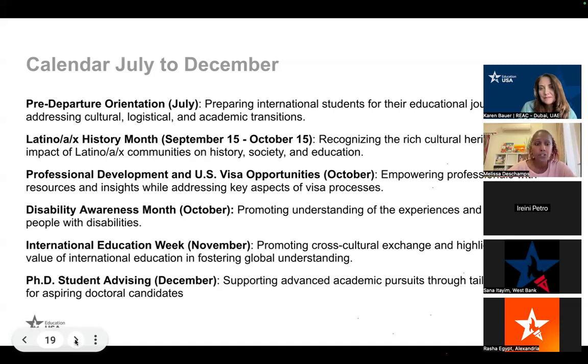But I want to mention for Disability Awareness Month, by the time of next October, one of the other projects that are ongoing for the MENA region right now, but that will cross over into South and Central Asia, is what we call point person projects, not the best name, but it's what we have for right now. Right now we have 3 specialty areas that are being worked on. One of them is advising students with disabilities. Our advisor from Tunisia is taking the point person role for this particular theme, and we will be connecting her with an advisor in South and or Central Asia to further flesh out resources.